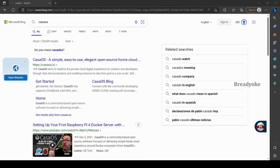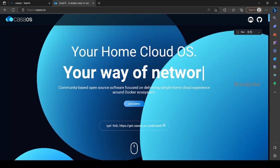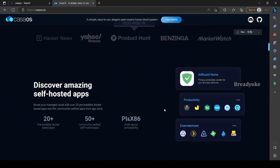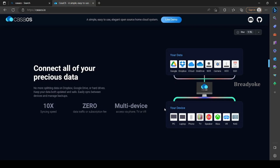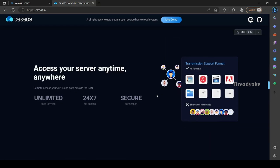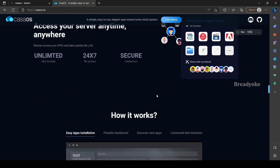Hi everyone. In this video, we're going to show you how to install CasaOS and Plex on a Raspberry Pi 4. CasaOS is a powerful and user-friendly smart home operating system that allows you to control your devices, automate your routines, and monitor your home from one centralized platform. By installing it on a Raspberry Pi 4, you can create your own smart home hub that is affordable, customizable,